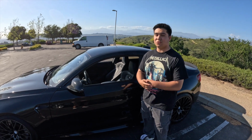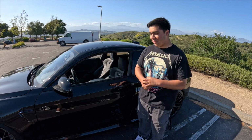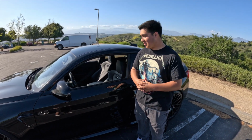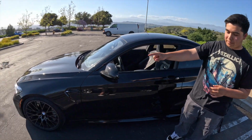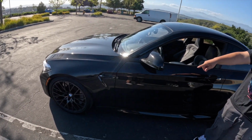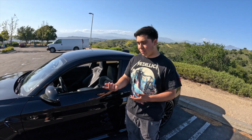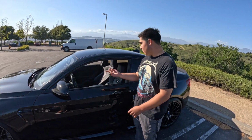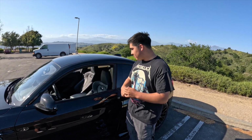Second version, after school, once I'm making a bit more money, I want to go full race car. So I want to gut the interior. I want to get the AP Racing brake kit in the front so I can run 18s. I'm not sure what wheels yet, but that, and then a carbon GTS hood and full cage,